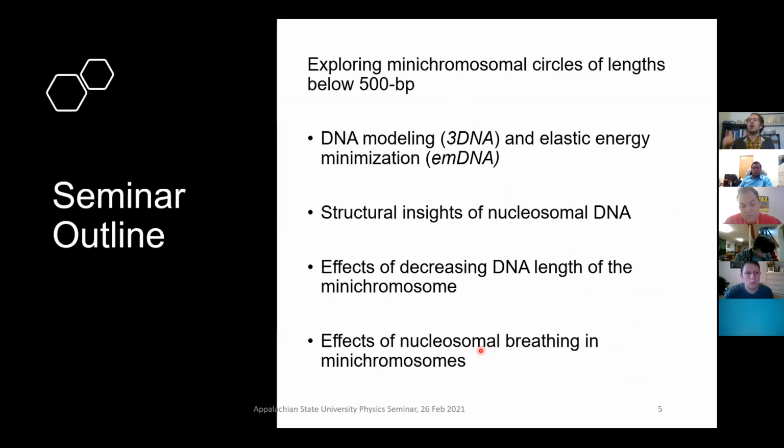So for the seminar, I want to talk a little bit about what I've been doing in studying minichromosomal circles at lengths less than 500 base pairs. And that length is very important because genetic expression in chromosomes, they exist in many million base pair steps. I'm interested in very small circles of 500 base pairs and below, especially with the fact that statistical physics has showed us that there is a limit to the ability or the ease at which these circular forms can be made at sizes of 150 base pairs or below.